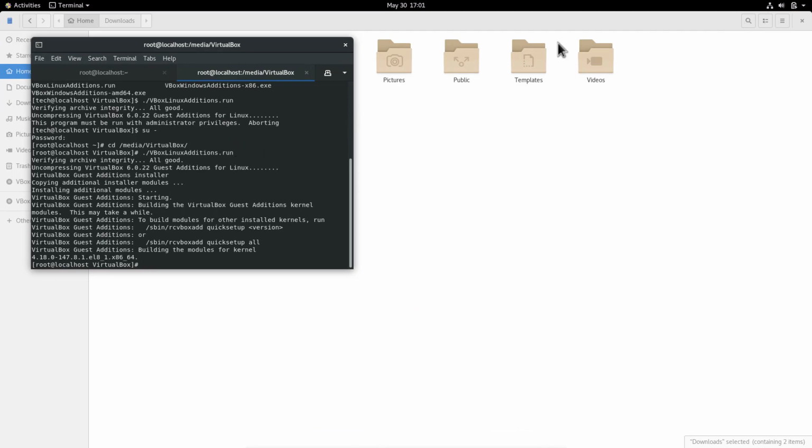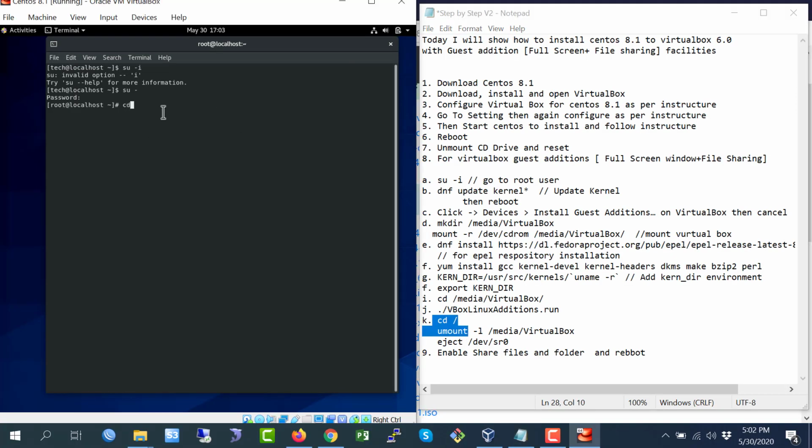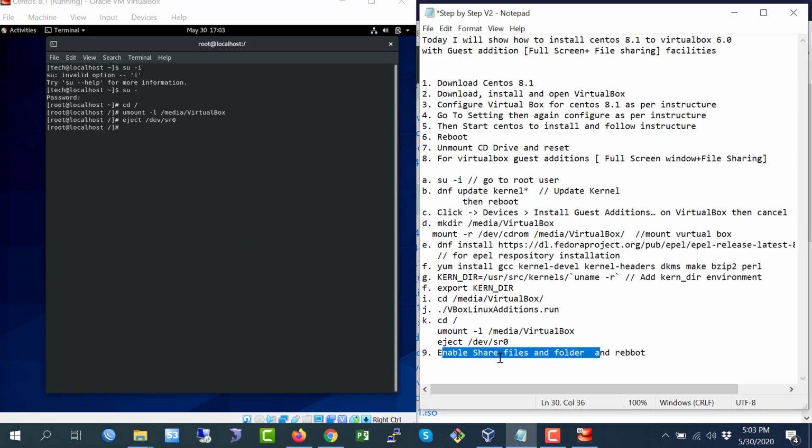So now I'm going to step number K. Go to the root directory and unmount /media/VirtualBox. And eject /dev/sr0.